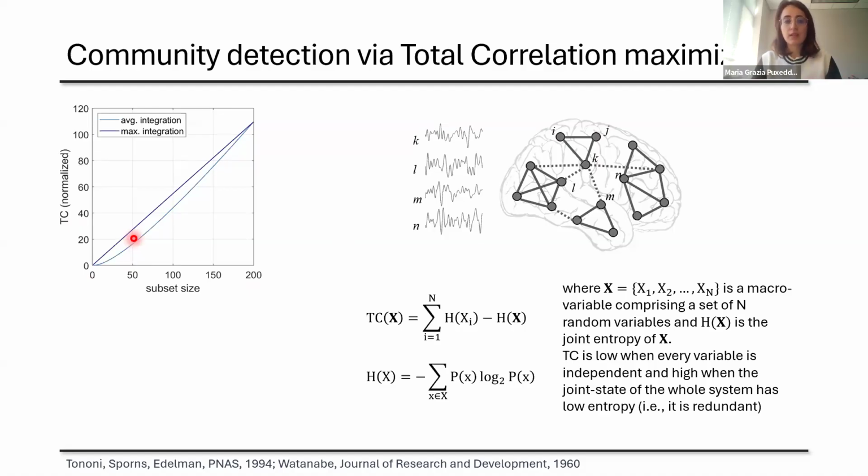So let's say, for example, I take all the subsets of 50, so that are comprised of 50 time series. I can compute the average level of total correlation and the maximum level of total correlation. And